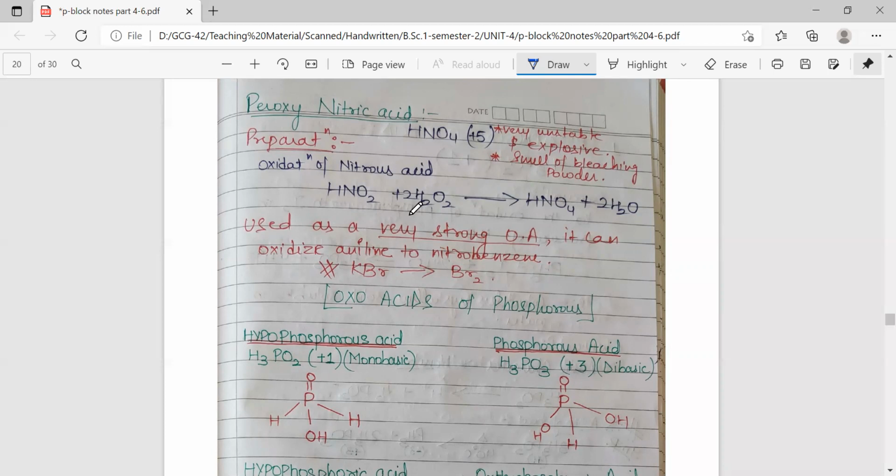So that is all about the oxoacids of nitrogen. In the next video, we'll be taking up the oxoacids of phosphorus, and we'll see how we can memorize these oxoacids, their structure, their oxidation state, their basicity, their corresponding anhydride. All of that and their corresponding reactions, their oxidizing action, etc. we'll be discussing in the next video.